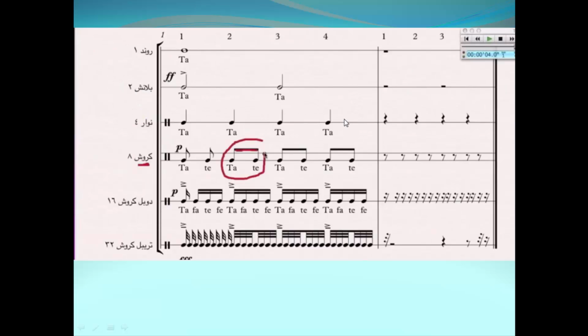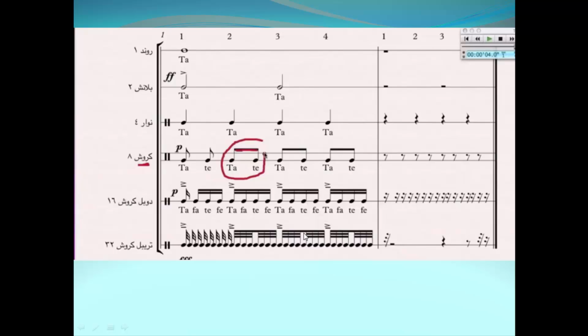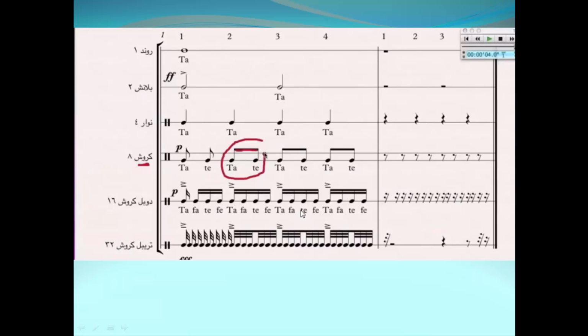So now is the time to understand more. We have here this sign, as you can see. This is the whole note, half note, quarter note, and here this is the eighth note. Okay, and so on. So we have here ta. Ta is 1, 2, 3, 4. It means that you have to say